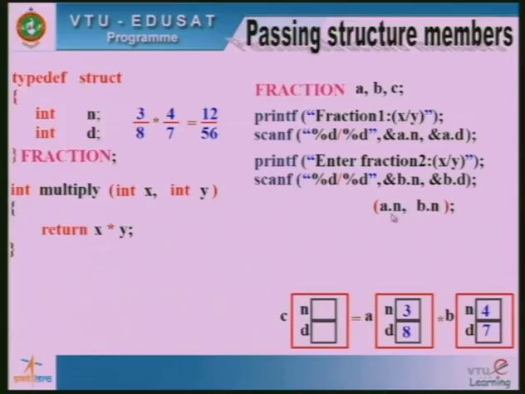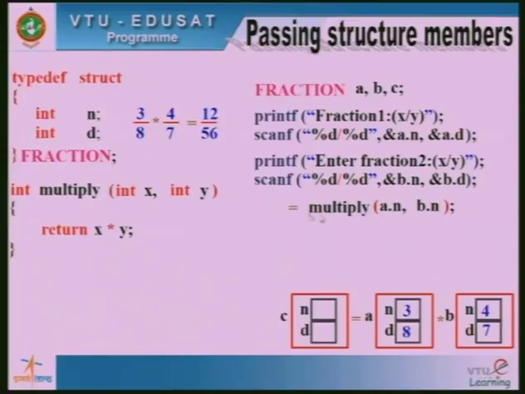So given this integer 3 and this is 4, we have to multiply. Where is the multiply function? Here. So let us call this multiply function. So here I write multiply. Now what will happen? What is A dot n? 3. What is B dot n? It is 4. So this is 3 and this is 4. That 3 is copied here, 4 is copied here. So x is 3, y is 4. X into y, 3 into 4, how much? 12. When you say return 12,